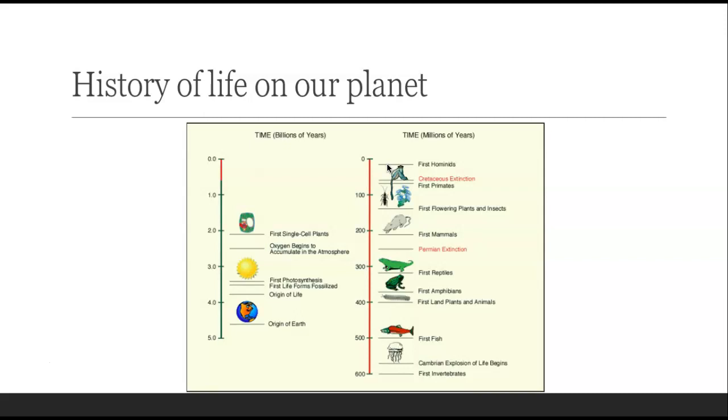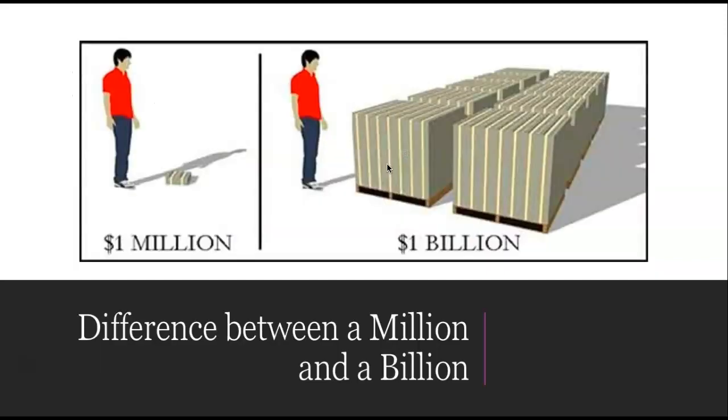Now, maybe you're not really sure why I'm so excited about this graph. And that could be from the fact that as humans, it's very, very hard for us to distinguish the terms million and billion. They all seem so large, and it's hard to see just how different they are. Well, let's take a look at this picture. This is a graphical image of the difference between a million and $1 billion. So you can see that there is quite a large difference between 1 million and 1 billion.